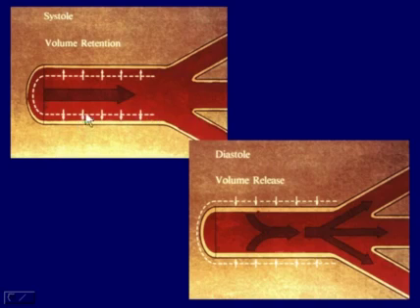And during diastole, when pressures drop, the elastic recoil and the compliance of the vessel results in that vessel recoiling back, and the vessel size decreases. And that volume of blood that was held out here gets propelled